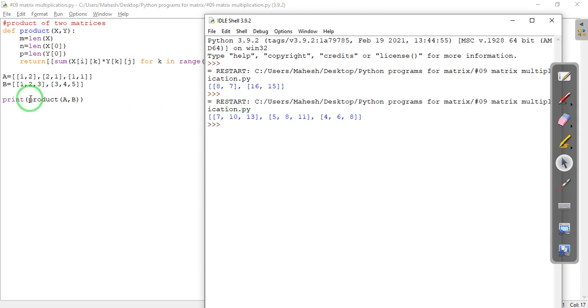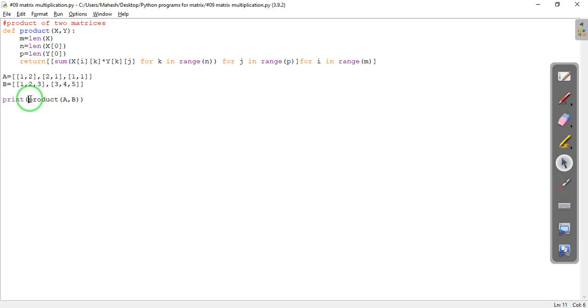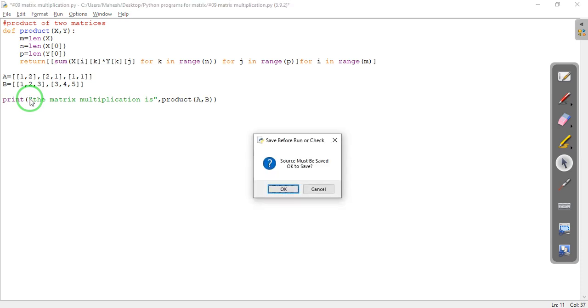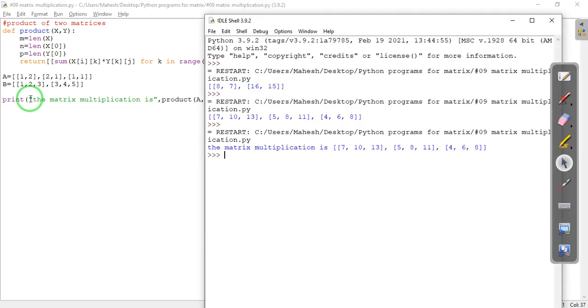Let's see if we can play around with this code. We'll put a comment: the matrix multiplication is, we'll close this, and then we'll put a comma and then we'll print. See, I'm also trying the code.